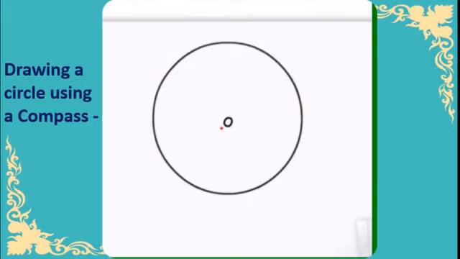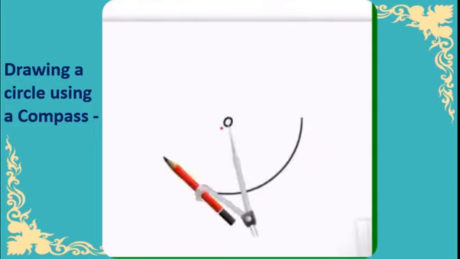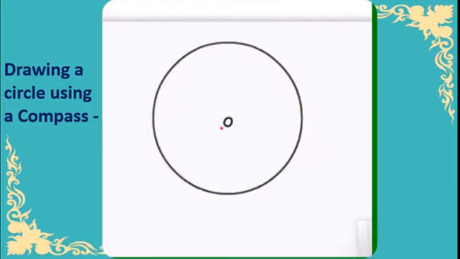Remember that thing. Once again we will see this. Got this? Please practice this at home. Take the compass, adjust the pencil, and see the level of the pencil and the needle. Then make a mark on the paper, and take any length for measurement, 5 cm or 6 cm. Put the end of the needle on the marked point and move the pencil side. You will get a perfect circle.